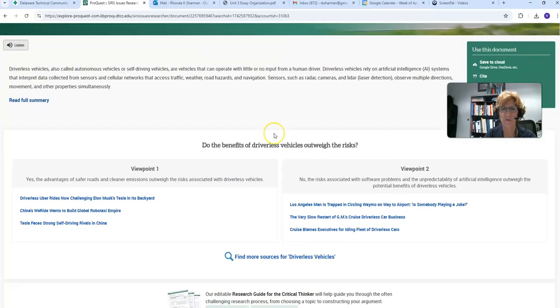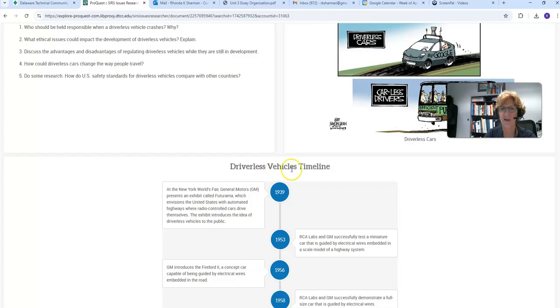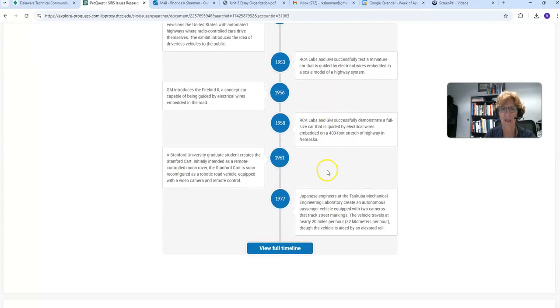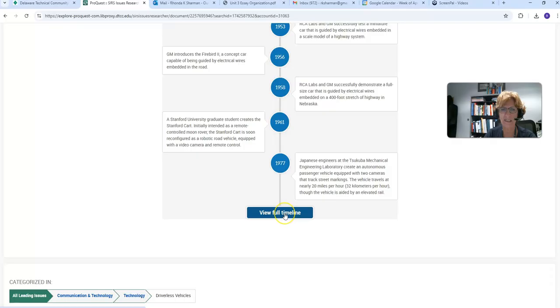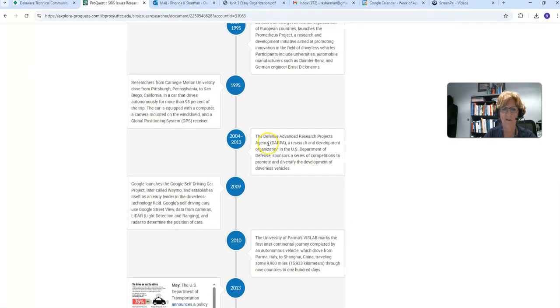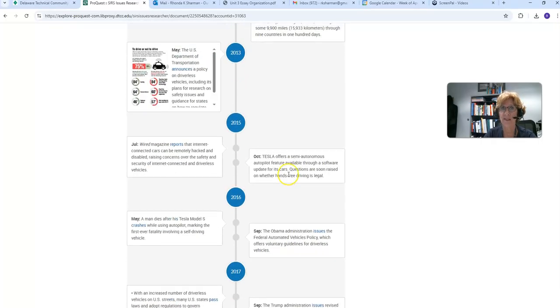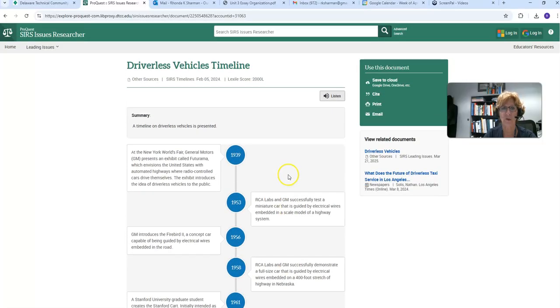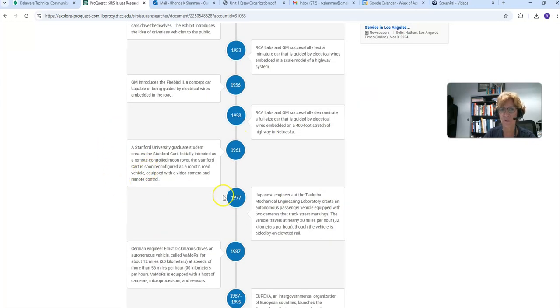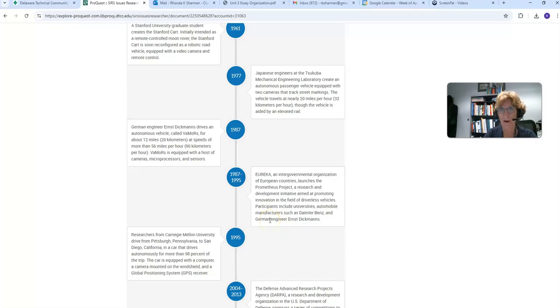What I can do is go down to where it says driverless vehicles timeline. It will give you a little bit of it, but you need to click view full timeline. Now I have a very nice detailed timeline of the history of this issue. So you can see this goes all the way back to 1939, and you can see how it evolved. Of course, you're not going to replicate the timeline, but this is a place where you could